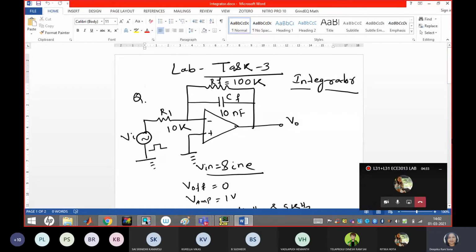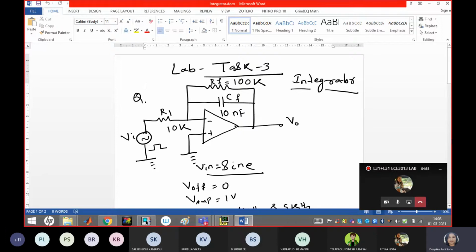As per the different inputs we apply, we get different types of output. So these are used in wave shaping circuits, right? And they can also identify the low frequency and high frequency components imposed on your input signal. We also use them in different types of applications.